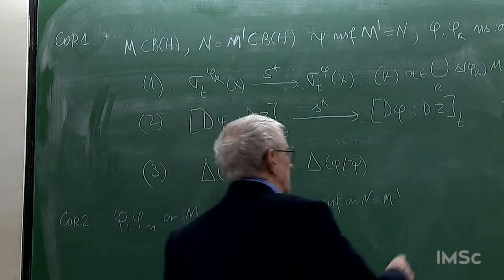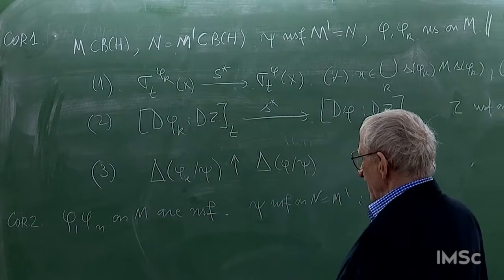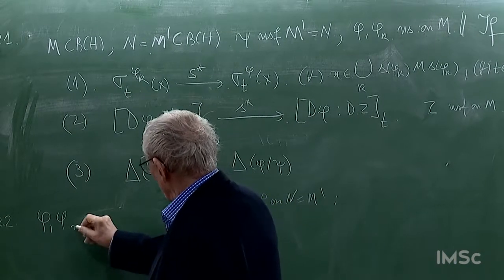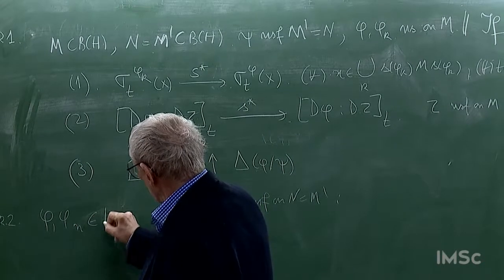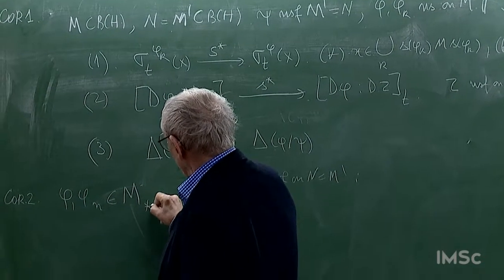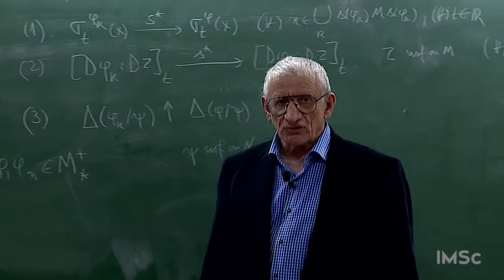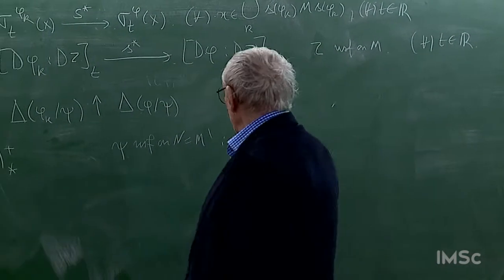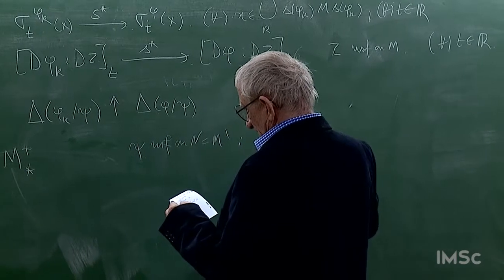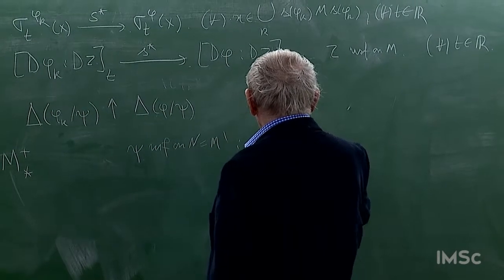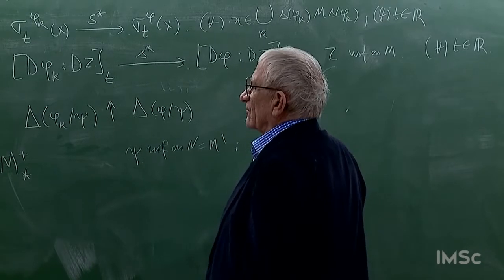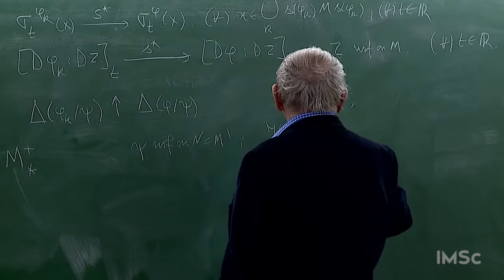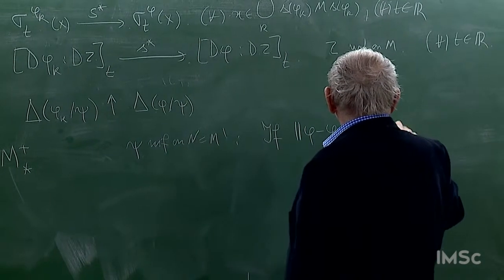Phi and phi_n belong to M star plus, so they are positive forms. They are bounded weights. And then you assume, what is the natural convergence for phi and phi_n, the norm convergence. Phi minus phi_n in norm goes to 0, then